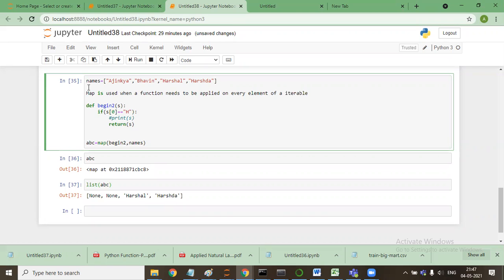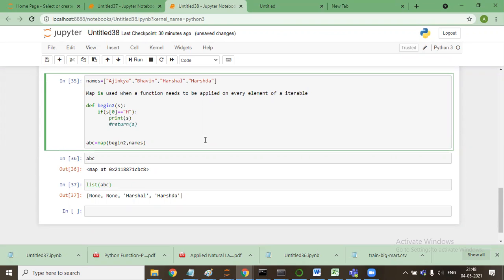Yes, sir. I have one doubt regarding the print function. Print function doesn't return. So I think print function returns the thing which it is printing. No, there's a difference between print and return. So can we replace the s in the return function with print s? It will work the same way, right? Come again, what do you want me to do? We will replace the s in the return function with print s. So it will give the same output, right? So you're saying like this? No.